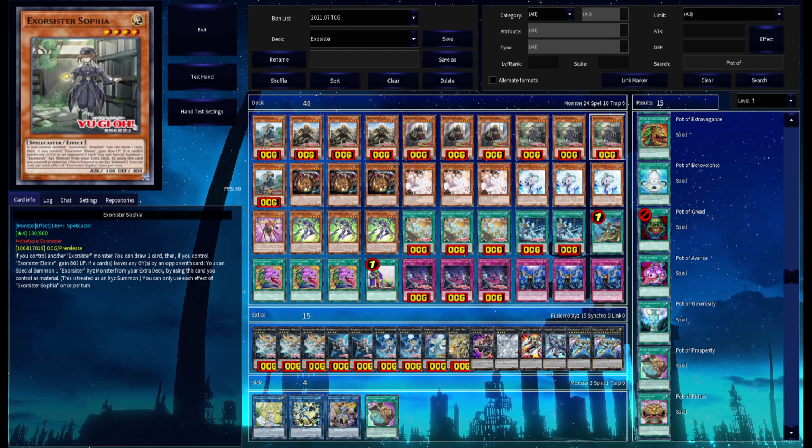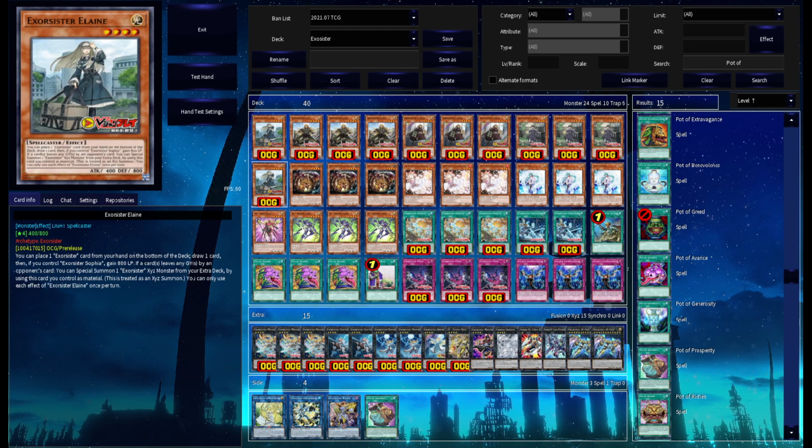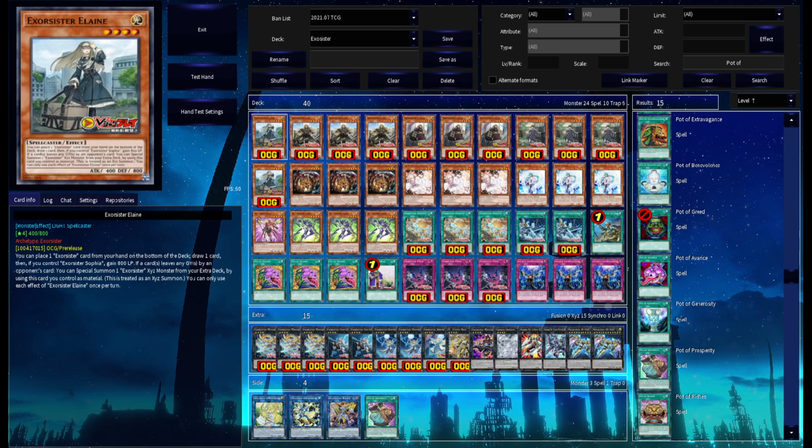As far as how I think it compares against tier 1 Tri-Brigade, I think it has a fantastic matchup against Tri-Brigade going first. It can't beat Tri-Brigade going second. I'm going to say that right now. It just can't really do that. The Tri-Brigade board is a little too strong. Something like Appaloosa can be a little bit complicated to get through, especially when they have Revolt. Drytron,